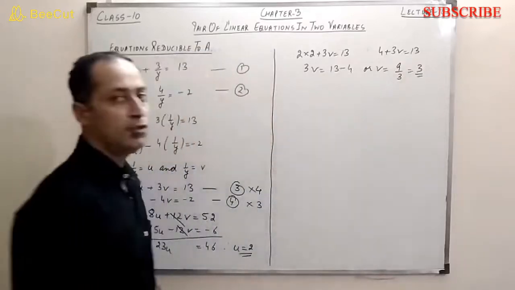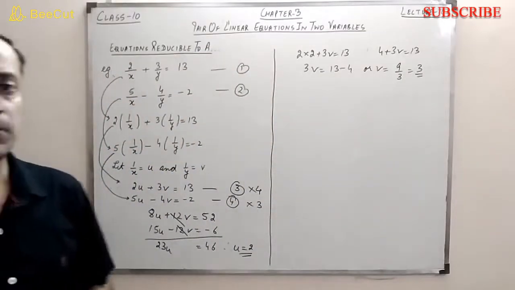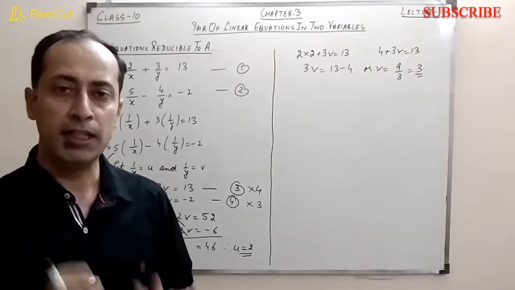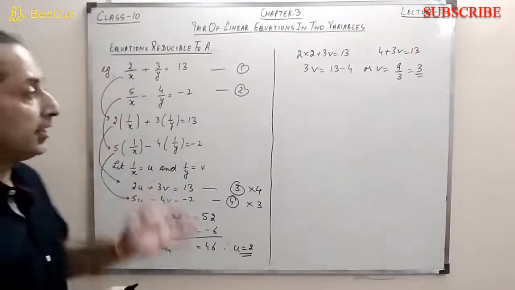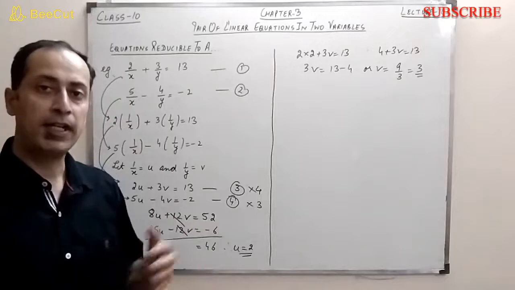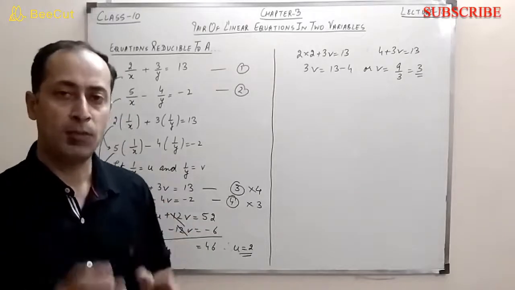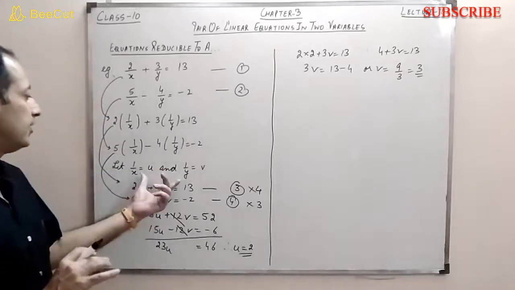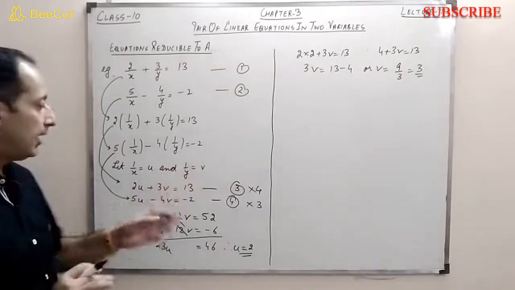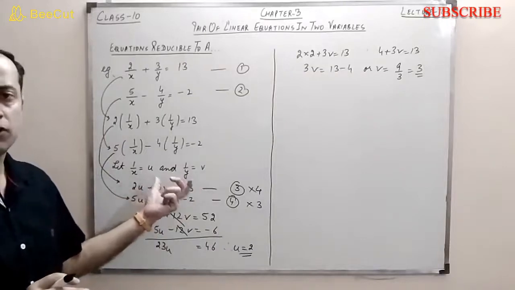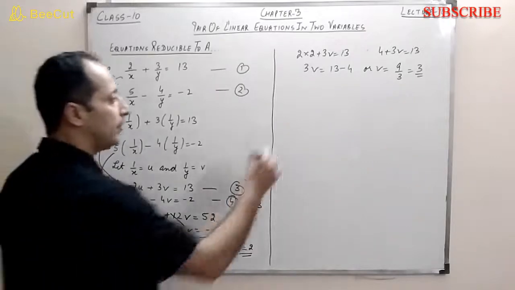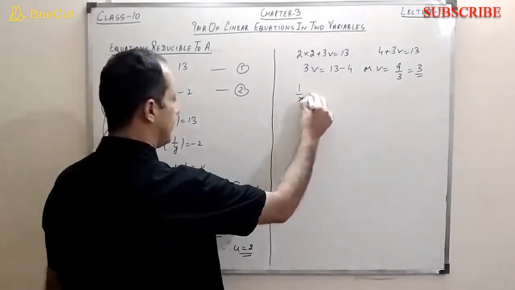So these are the values of u and v, but these are not the things which we require at the moment, because in the original equations we had x and y. We transformed to find u and v. Now our next motive is to find the values of x and y. So we can just substitute the values of u and v in the relations which we have supposed. Here we have supposed 1 by x is equal to u. So what I write, therefore 1 by x is equal to 2.